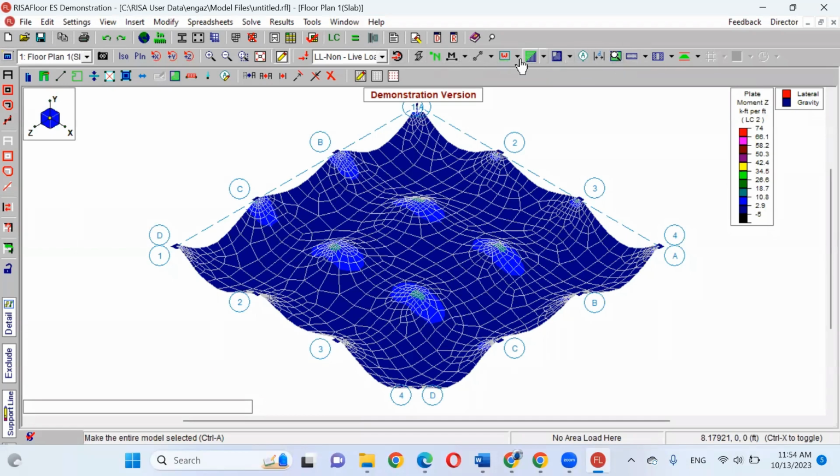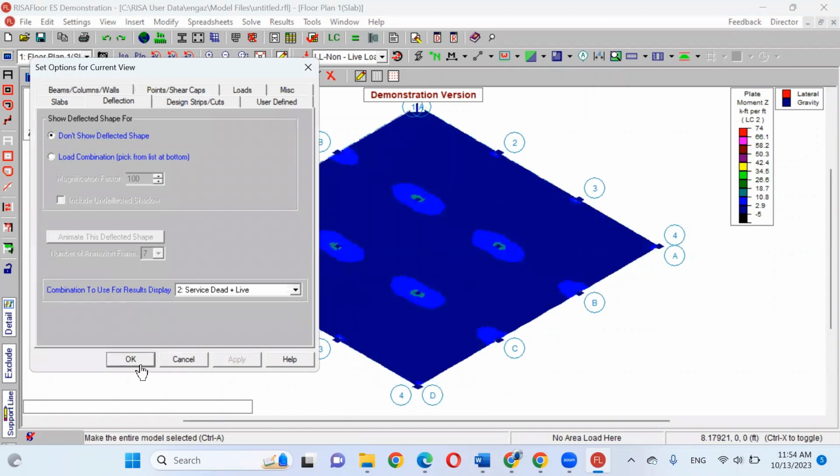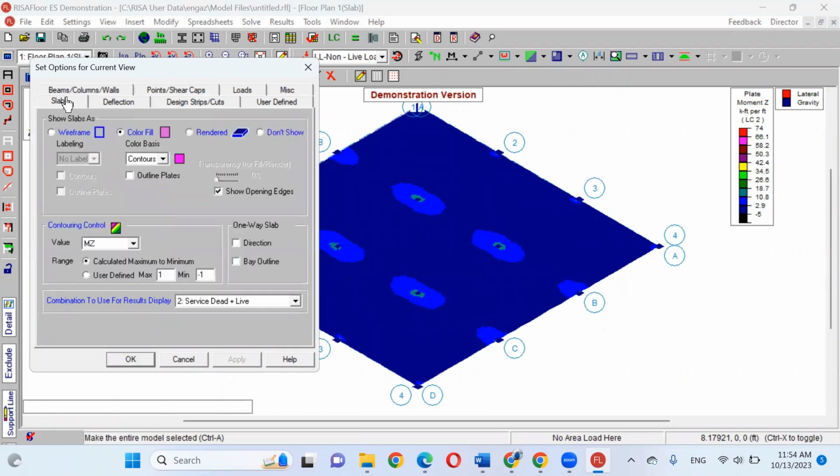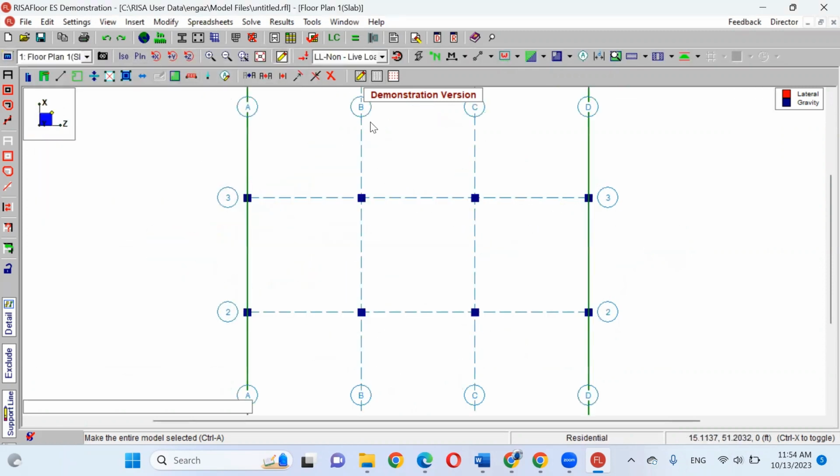Let me go back to the undeformed shape. I think we can show up the slabs. So we went back from the beginning.